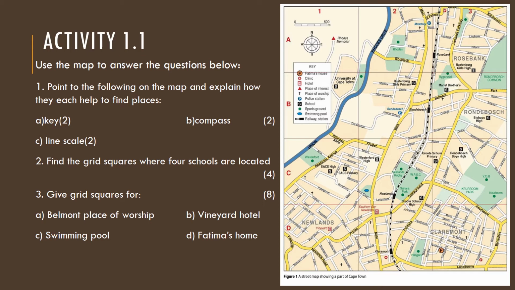Give grid squares for A, Belmont Place of Worship, for 2 marks; Vineyard Hotel, swimming pool, and Fatima's house. With these places that I've given you, most of them are in more than 1 grid square. And so please indicate all the grid squares that